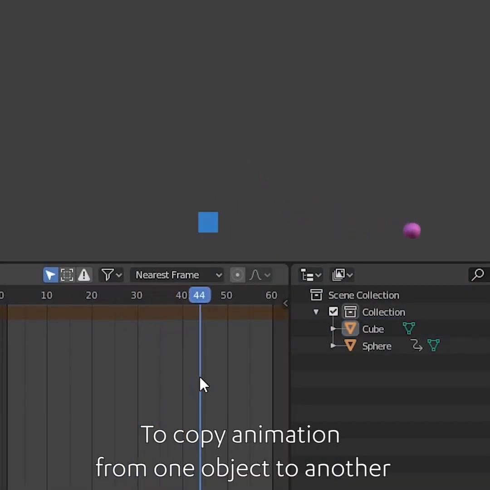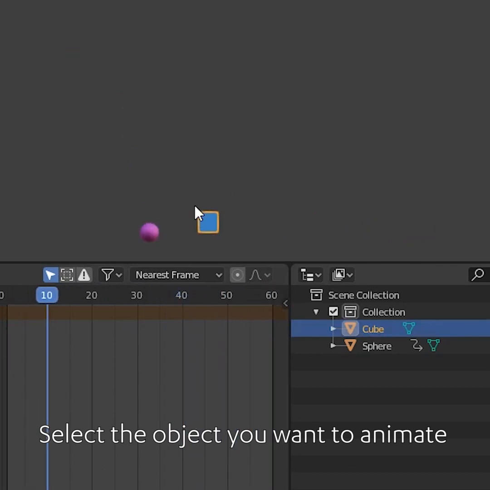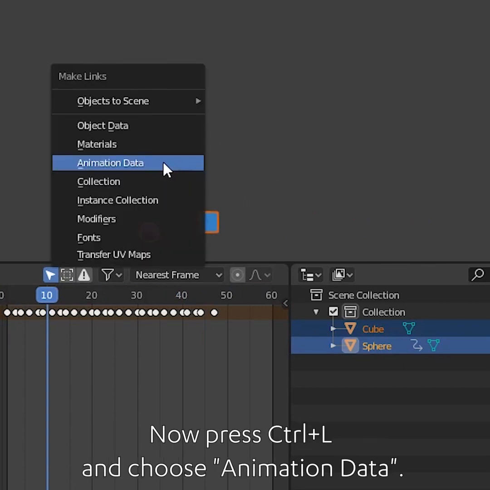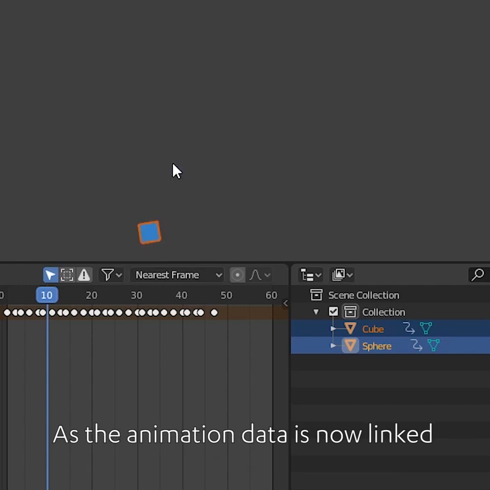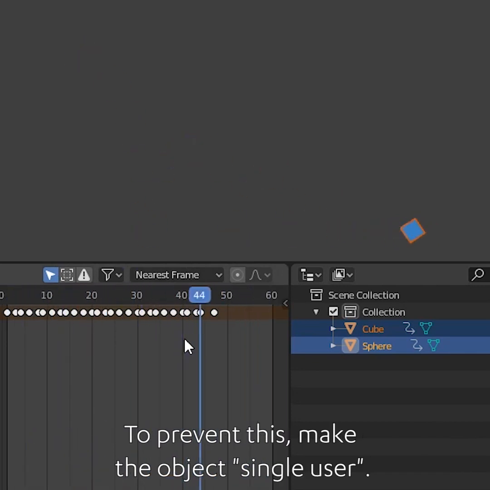To copy animation from one object to another, select the object you want to animate, then select the object you want to copy animation from. Now press Ctrl L and choose Animation Data. As the animation data is now linked, changing the animation on one object also changes the animation on the other. To prevent this,